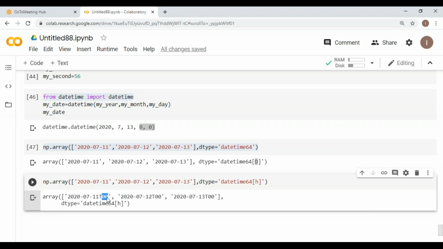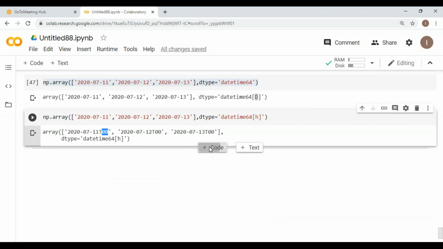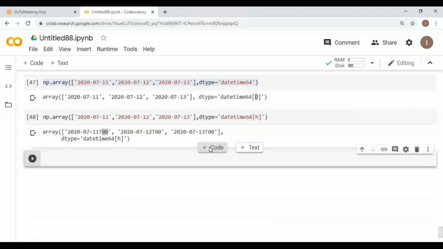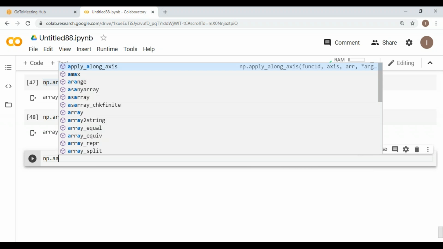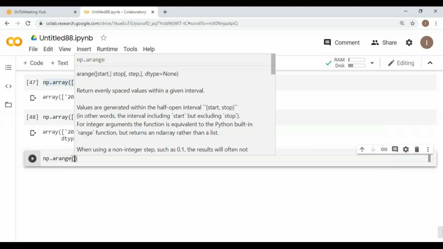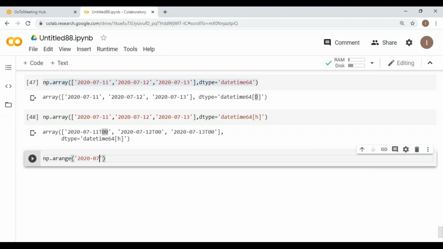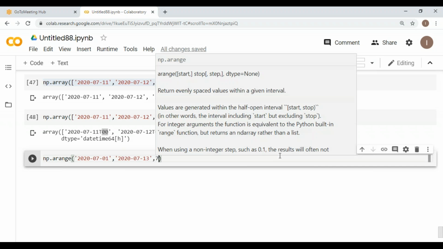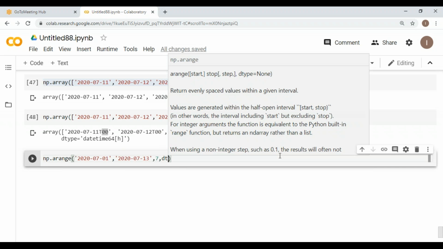Got it, sir? इतना ही पावरफुल है सर. बट इसको थोड़ा सा चाहो तो आप मॉडिफाई भी कर सकते हो. कैसे इसका मॉडिफिकेशन होगा सर? इसका मॉडिफिकेशन भी अलाउड है सर. कैसे होगा सर? As you typing np dot arange, then 2020, then I am taking 07 01, then place a comma, then again I am typing like 2020, then 07, and I'm typing from 1 to 13 days, and I need 7 days time frame, that is 7 place comma, then dtype equal to